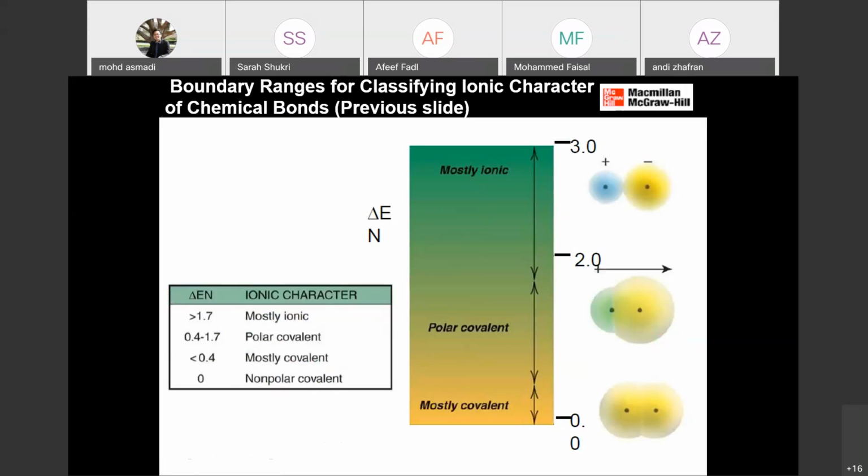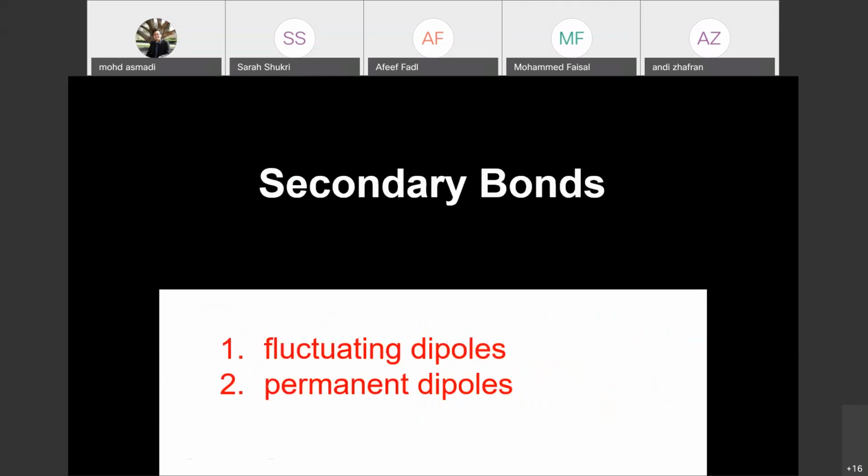Okay, so we already covered the ionic bonding, covalent as well as metallic, and some additional for the mixed bonding. So how to determine the mixed bonding? You have to use the Pauling equation. Okay, so this is what we covered. Any more questions? No more questions? Okay, if no more questions, we move to the secondary bonds.